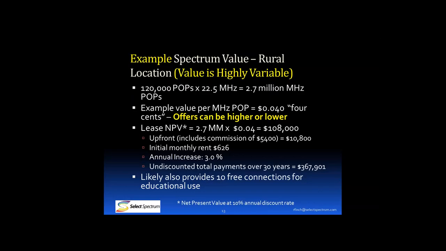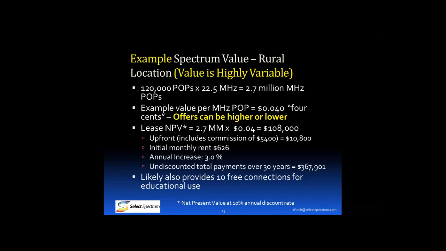But importantly, this is a lease, not a sale. And so we have to somehow convert that $108,000 into an upfront payment and monthly payments. They could also be quarterly or annual, but they have to be essentially periodic payments. We see at least most of the leases take this form. There's other possibilities. We're certainly going to allow the bidders to give whatever form of proposal they want. We do want to see them include at least 10% of the total net present value of the bid as an upfront payment, because we think that shows a certainty that they are actually committed to going forward, and it will also cover the transaction costs.